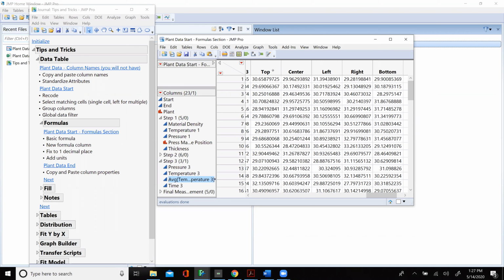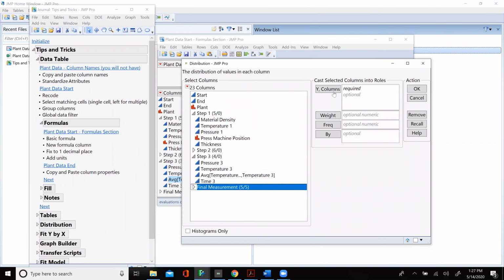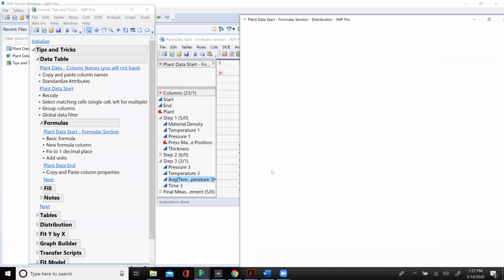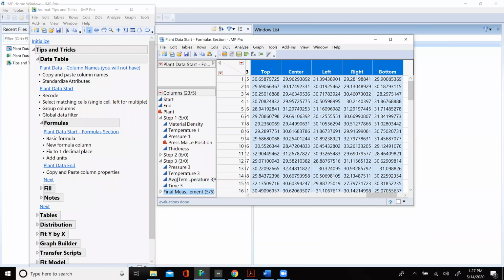And two things that I'm going to do. I'm going to put units on here, because now if I said analyze distribution, top, center, left, right, and bottom, you'll see that there's no units down here. So we're going to put units on those. We're going to just say millimeters for all of those. And we're going to change it to 2 decimal places. Sound good? So top, center, left, right, and bottom.